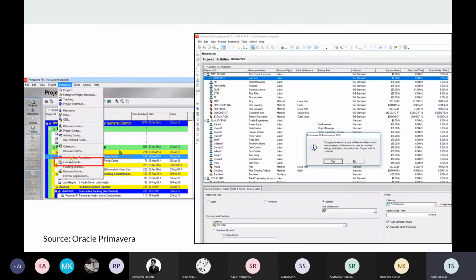On the right, in the resources tab, you can see a lot of materials listed along with the cost. For example, the pipe coupling takes $700 per year. Along with that, there are a lot of laborers, and their hourly charge is given, right? So documenting in the software makes it very easy to draft the initial plan and get an idea of how much it will take to actually build the project.